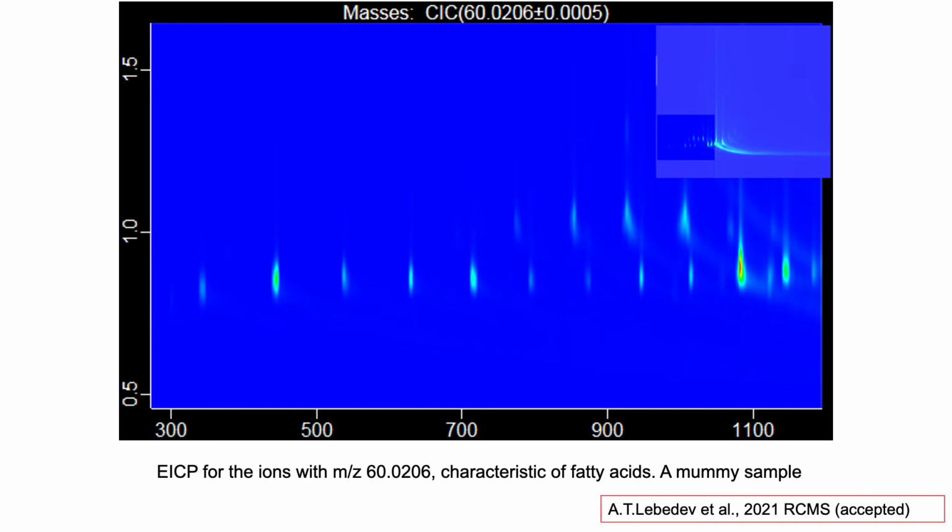You can get all the information about all those homologues, even if you miss the smaller peaks during the preliminary study of your spectrum. And above the first line, you can see another line with retention time about 1. And this line is due to dioic acid, which is also very important for the characterization of these mummy samples. So two types of acids are very nicely visualized using this approach.